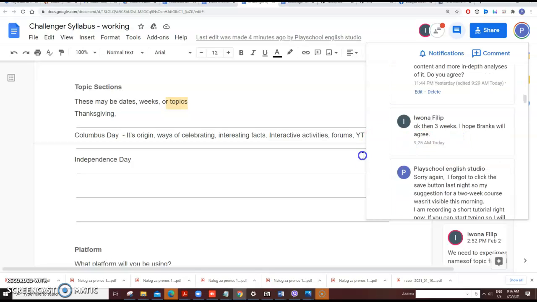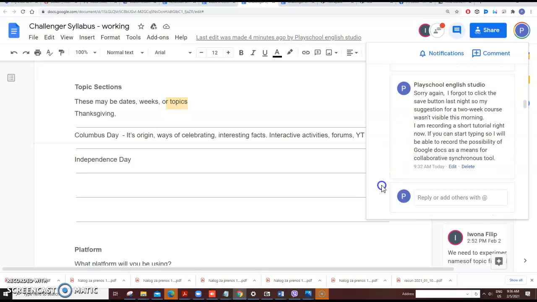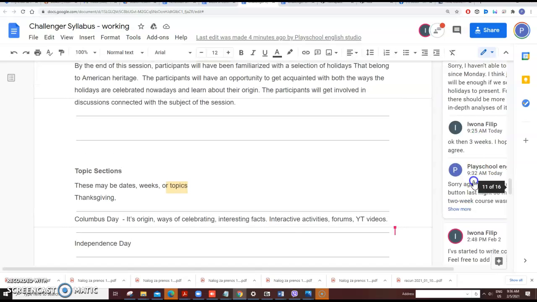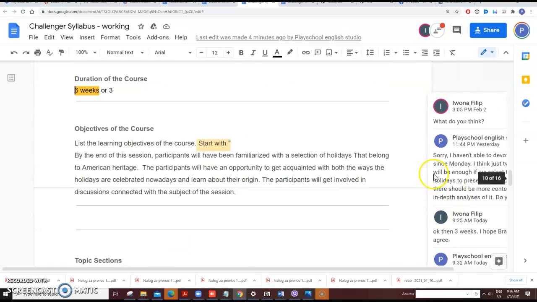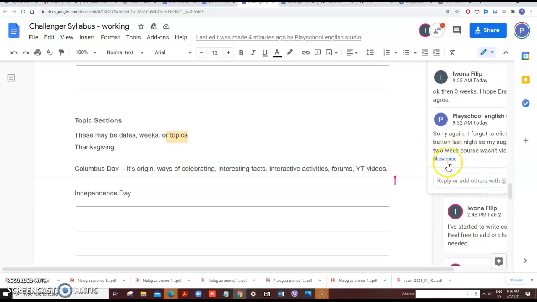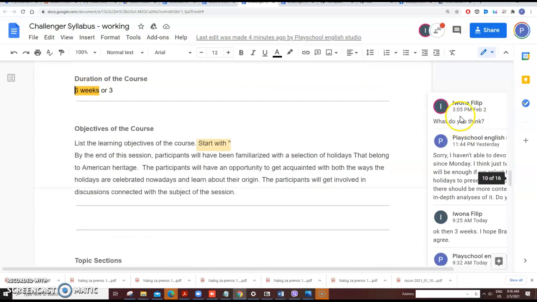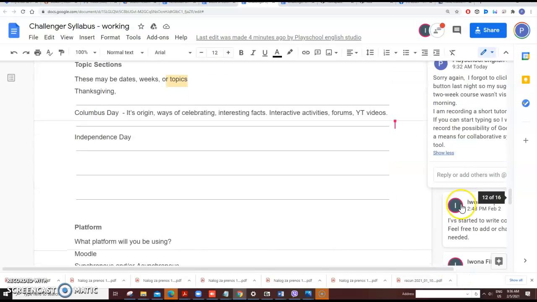Sometimes we can also delete this. We can also click on something, and when we deal with it, we can, for example, show less, show more. And at one point, when we click on something, we can get